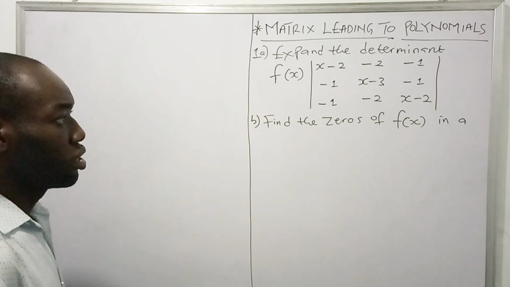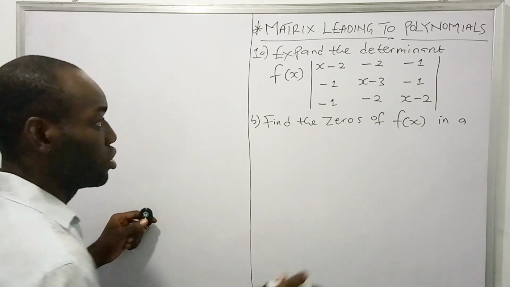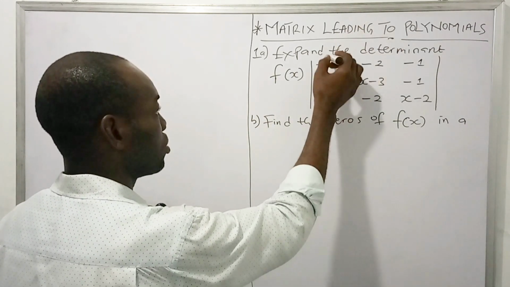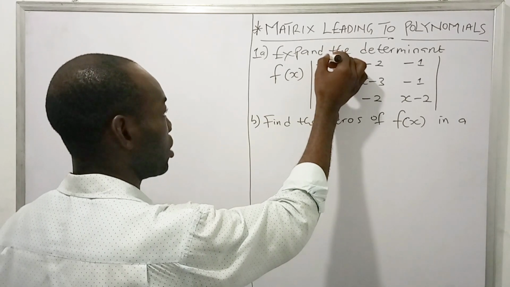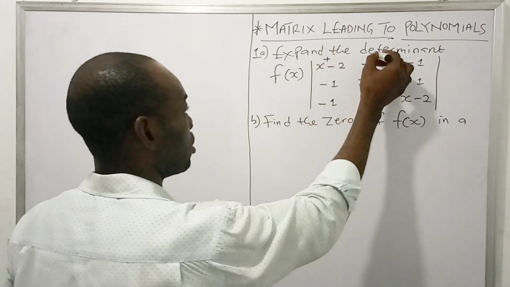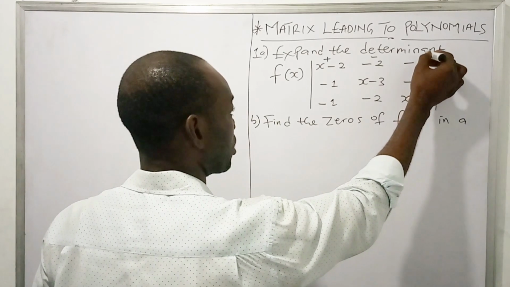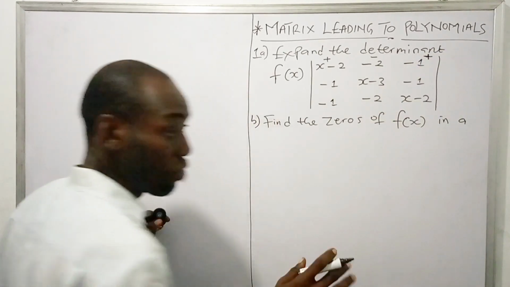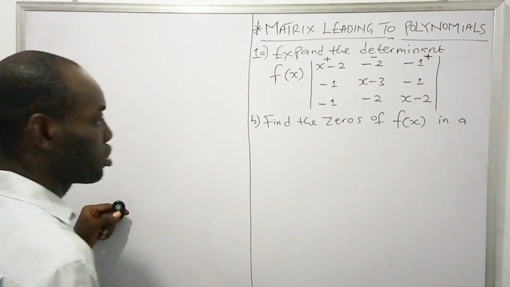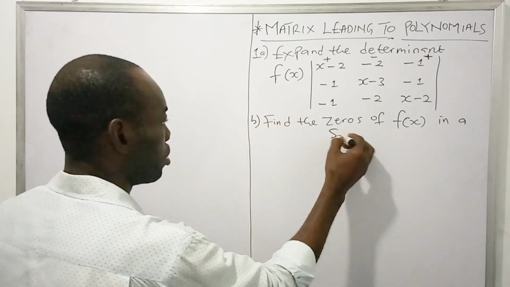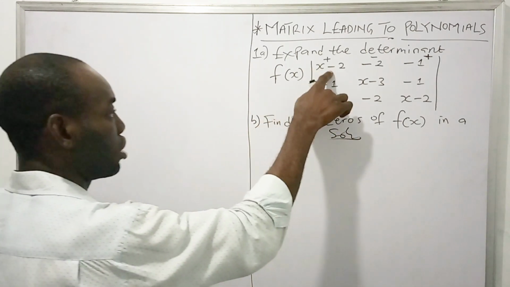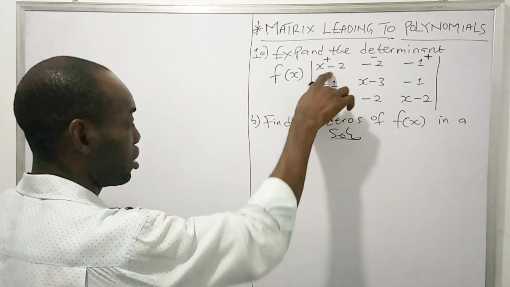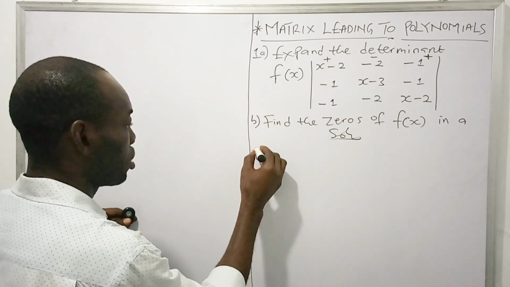Now in looking for the determinant of a matrix, how do we handle it? Don't forget that the sign we ascribe to this entry here is positive, this is negative, and this is positive, in resolving the determinant. Solution. We start by taking the first entry there, which is